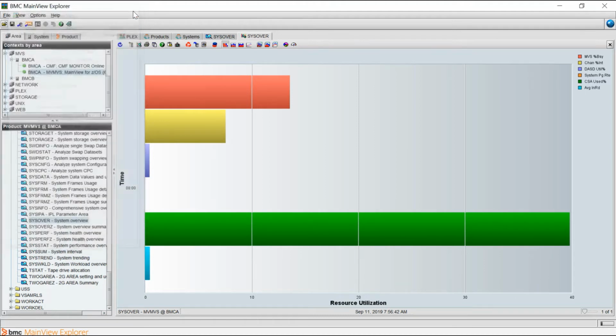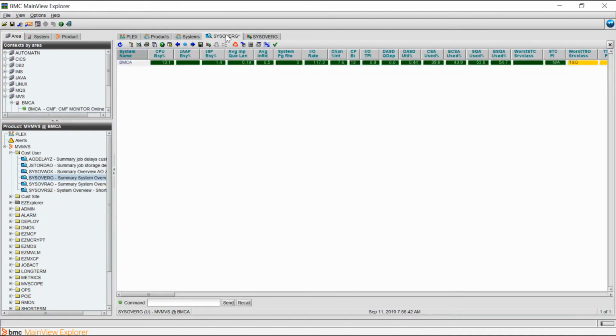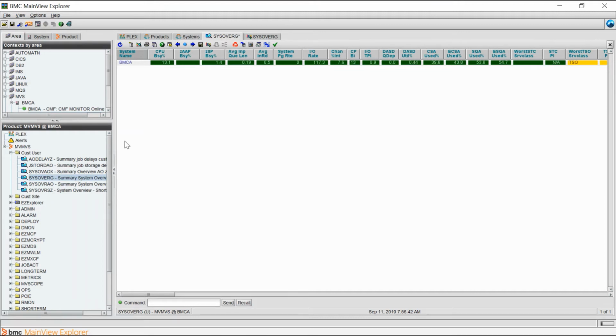Now that we've made our changes, we have a graph that includes all the information that we're looking for, and we have a custom view of it. To save your custom graph, all you need to do is go back to the view that you were on and save a custom version of it. You want to update the view name, you can update the description, and then replace member if it already exists. This is in case you have a member that you want to replace. Of course, this implies that you update the view name. Try not to save over your original system overview. Once you hit save, your new view will be saved, and then you can update your views